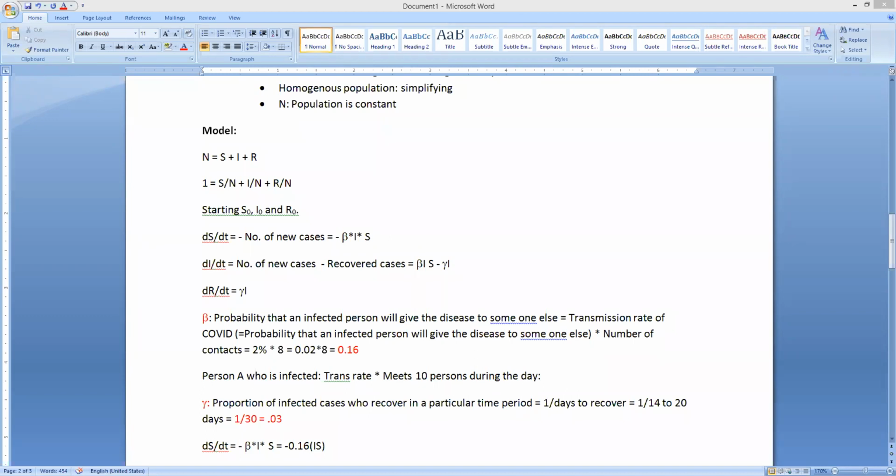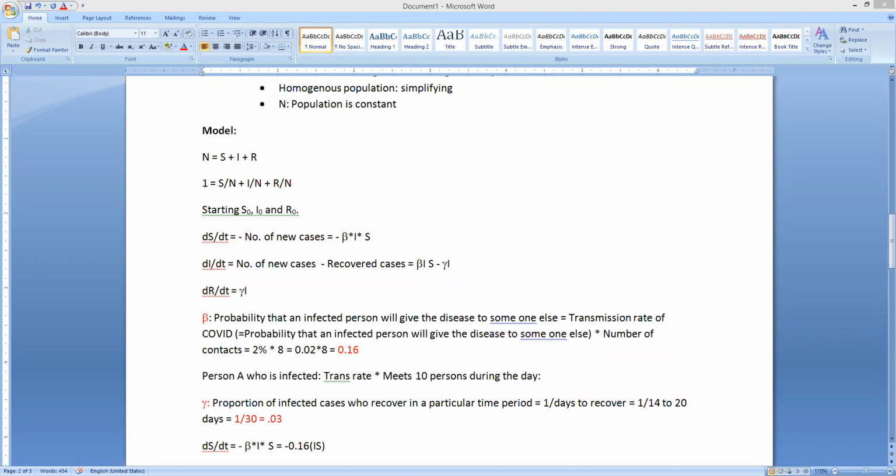If you look at the formula, what I've done over here is I have put in the contact rate and transmission, and I've also put in the recovery rate. This is beta, this is gamma, and this is rho naught. These get automatically calculated. If you change the contact rate to 20, see how beta changes? It becomes 0.4. You can change the recovery rate also. Gamma will change, and these three equations, ds dt, di dt, and dr dt, will also change by themselves.